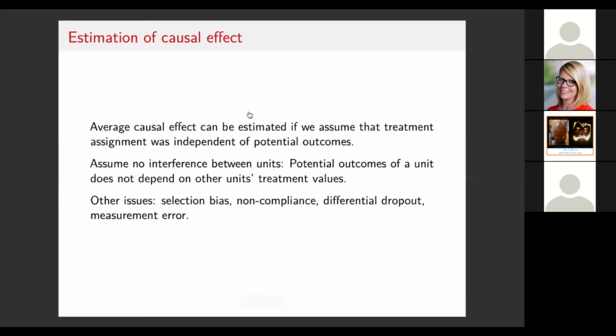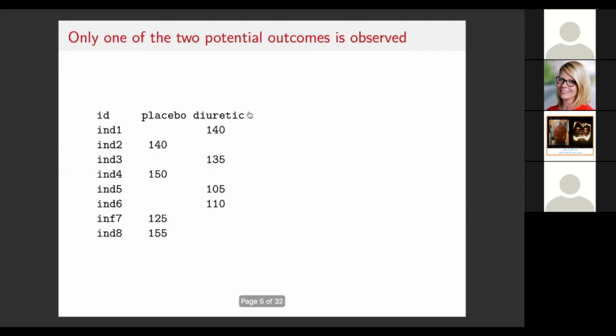Now, the average causal effect, as I said, can be estimated if we can assume that the treatment assignment was independent of the potential outcomes. Which is what would be if I was choosing who to give which treatment at random. But note, I want to show you